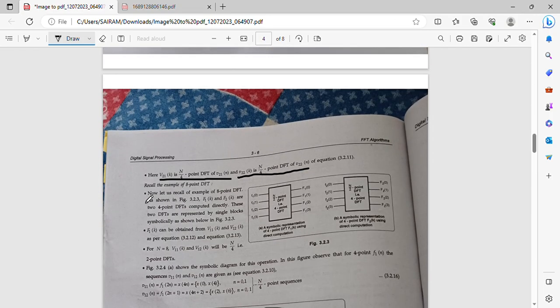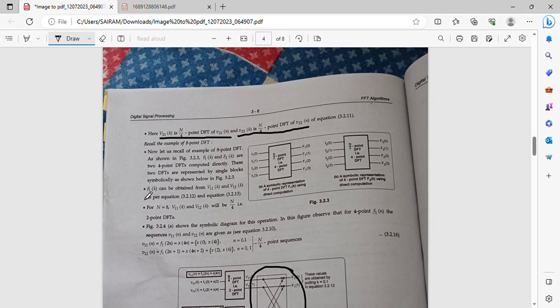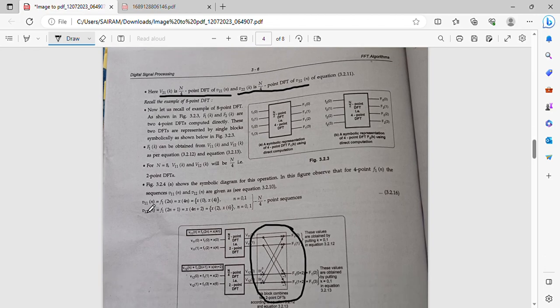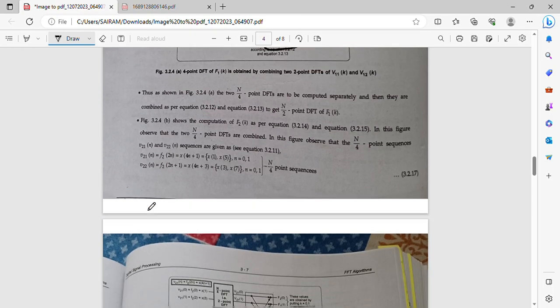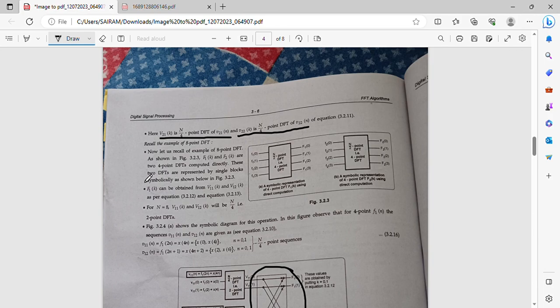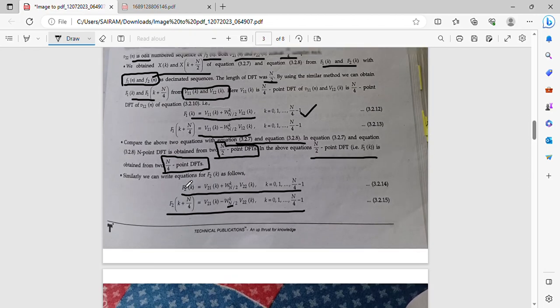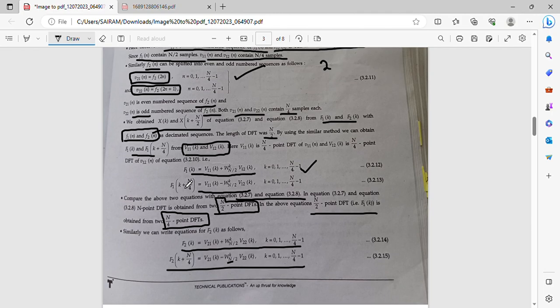And now recall the example of the 8 point DFT. Just a minute, if you require this I'll tell you. So this is what is for the 4 point DFT. So now let's recall the example of the 8 point DFT. So now you got how to find out the 8 point DFT, right? This is what you are supposed to